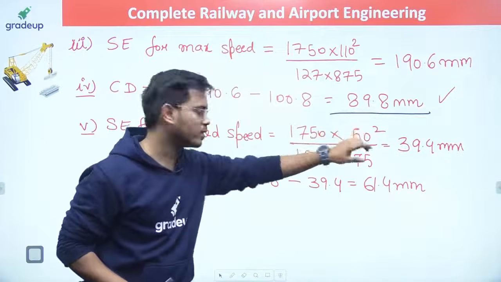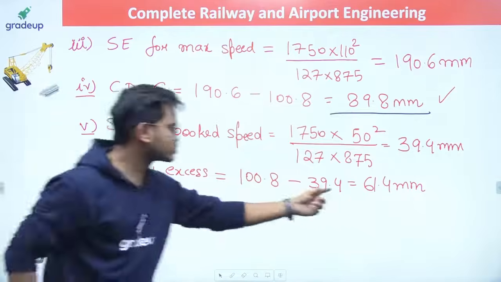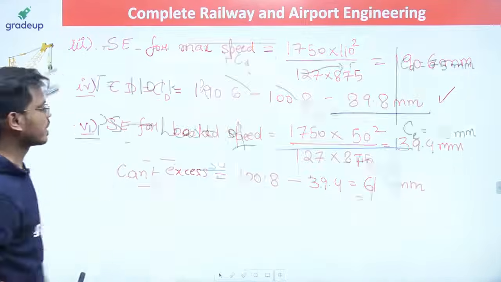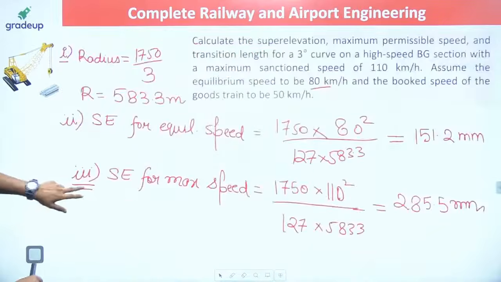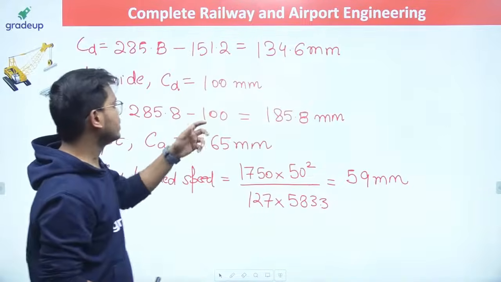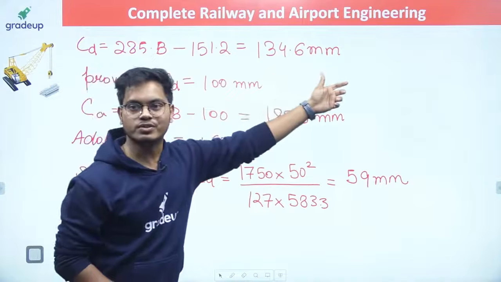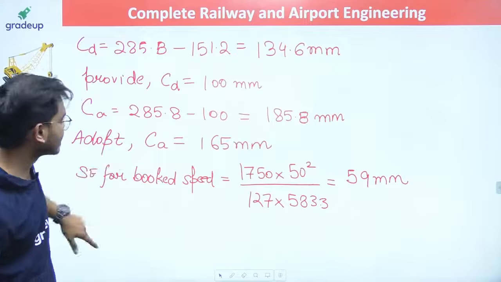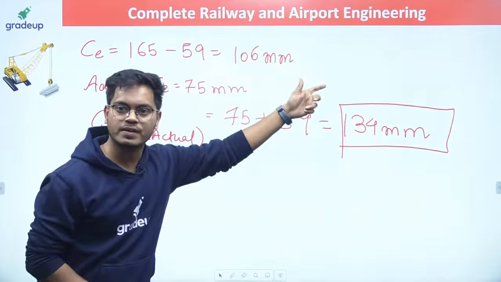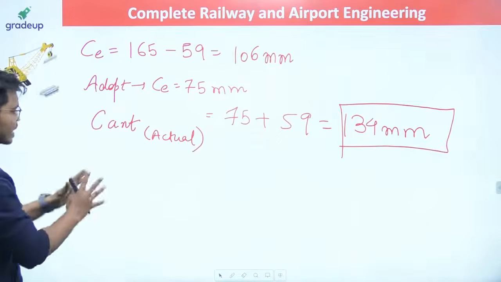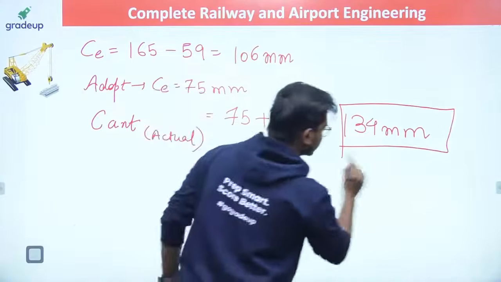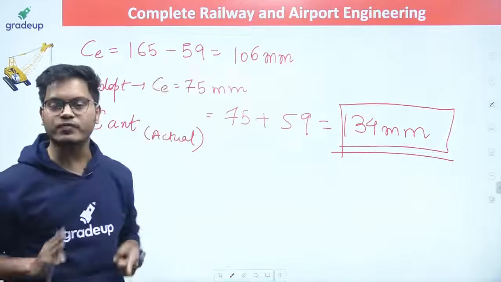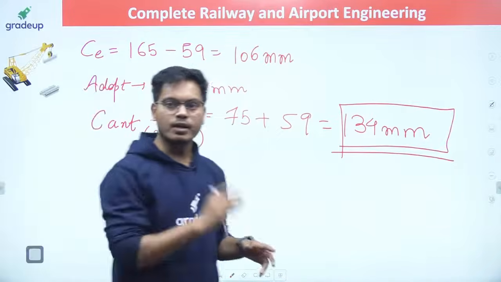No problem. Similarly, the CANT axis I was getting was 61.4. No problem, because 75 mm was the limit. Then we saw this one, but here the CANT deficiency was much higher, 134. Also, the CANT axis was much higher, 106. So eventually, the actual CANT that I am getting is 134. It is satisfying the CANT deficiency. It is satisfying the CANT axis. It is satisfying everything.